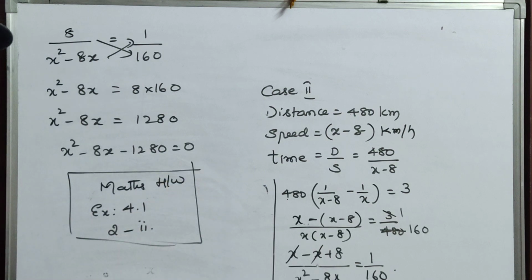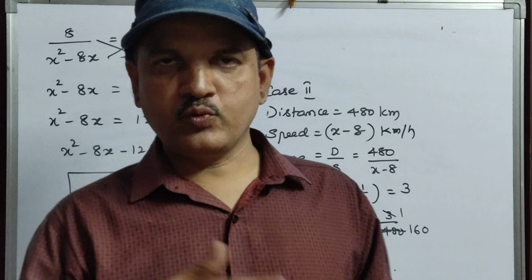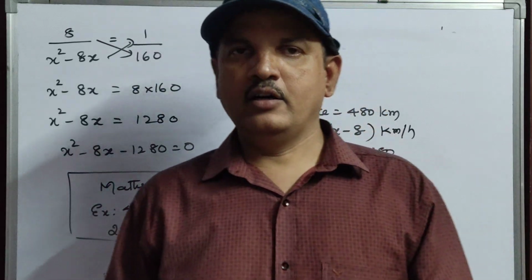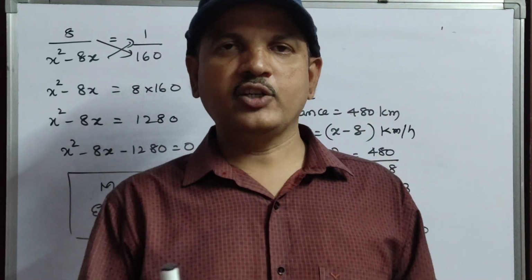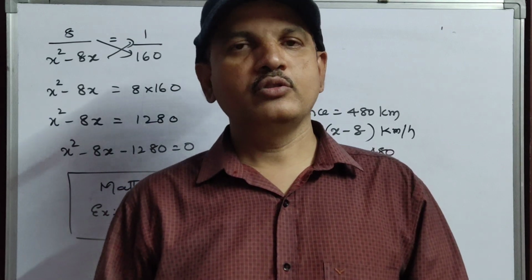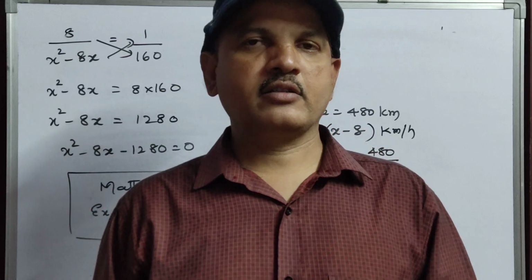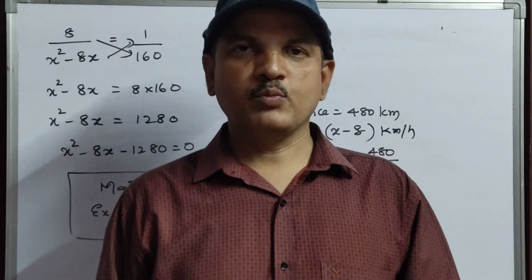And update your CW, children. As I told you, when I come near to the school, that means we are coming regularly, weekly twice. At that time we are going to call to the school, and we may ask you also to come to school and show the CW and HW, and we may conduct a small test also.